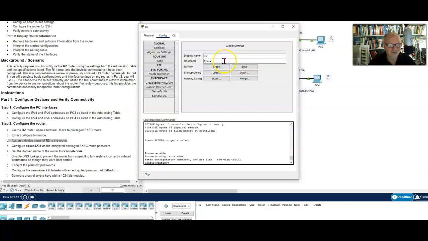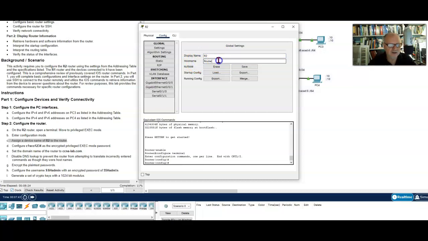I don't know why that is, but it could be that they didn't take this into account when whoever built it. Maybe it needs to say router in order for it to work. I don't know. Typically it does say router and they've changed it to R2. But if I point to it, it does give me that warning. So don't change the display name.